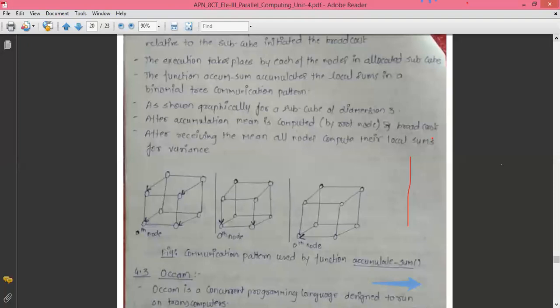The first is Fortran 90, the second is N3C, the third one is OCamp, which we will study tomorrow, and then C Linda, which is the fourth one. Out of the 4 programming languages, 110% sure, you will find a question of 13 marks on any 2 parallel programming languages. So it is your moral responsibility to prepare these 4 parallel programming languages very seriously. Getting the point? Okay, so we are done with today's lecture.